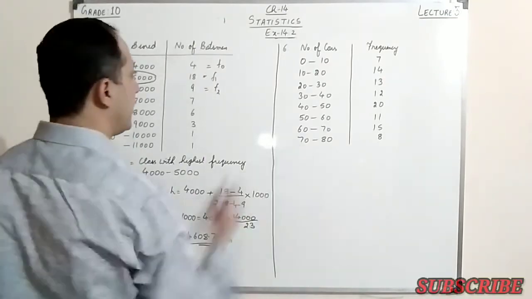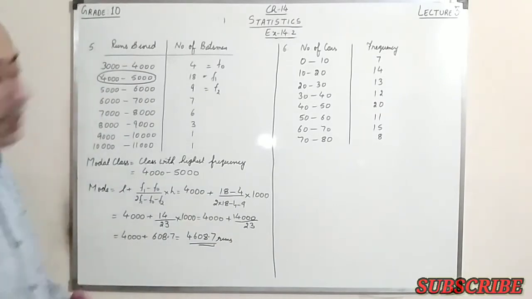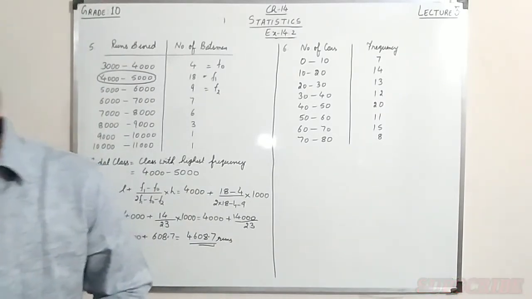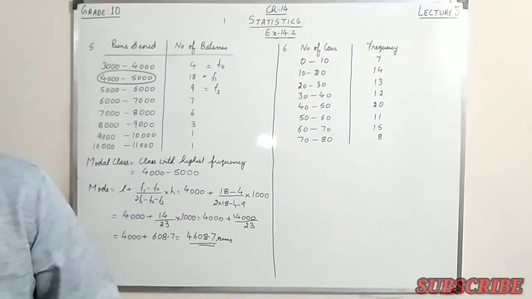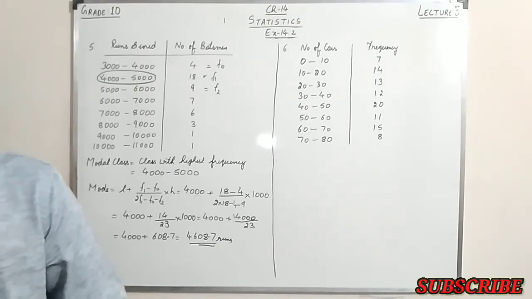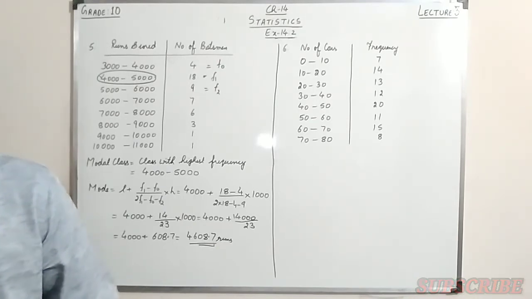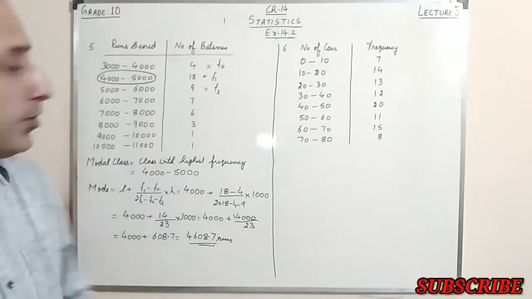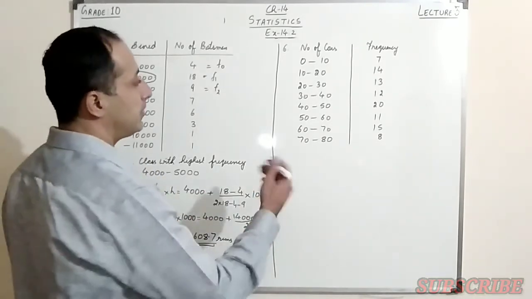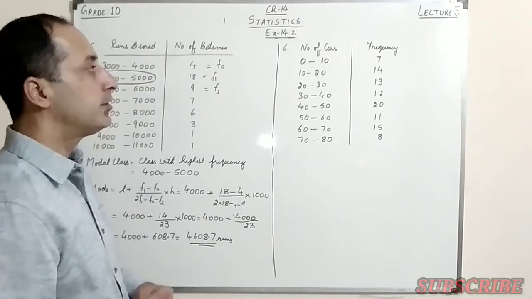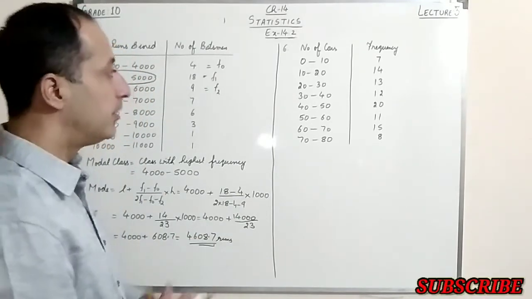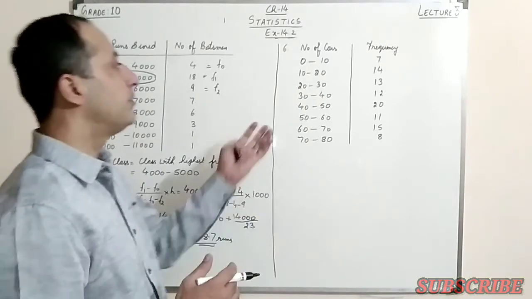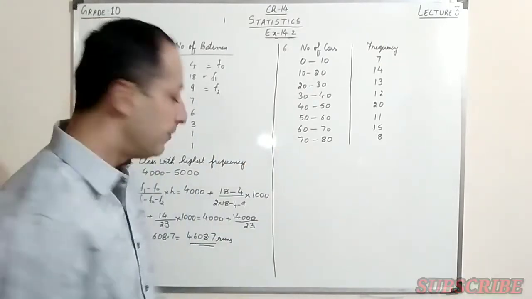Now let's go to the last question of this exercise. The last question basically tells that a student noted the number of cars passing through a spot on a road for 100 periods, each of 3 minutes, and summarized it in the table given below. Find the mode of the data. So we have a number of cars passing through some spot, and the data was checked every 3 minutes. In the first 3 minutes there were 7 cars from 0 to 10 and so on, right?